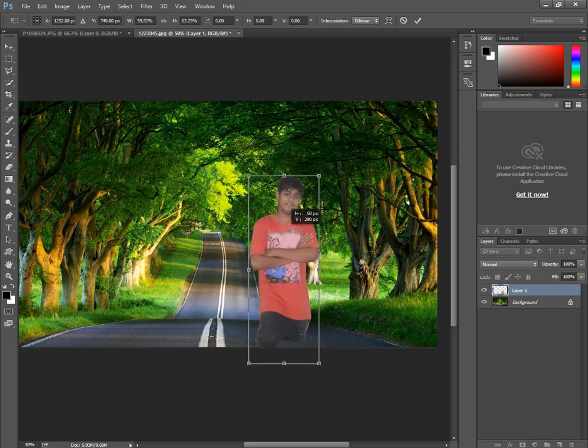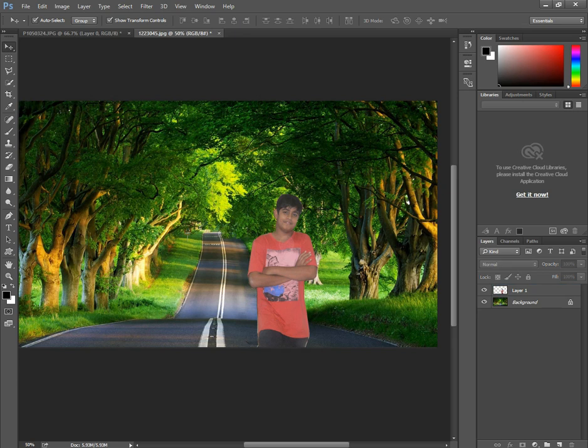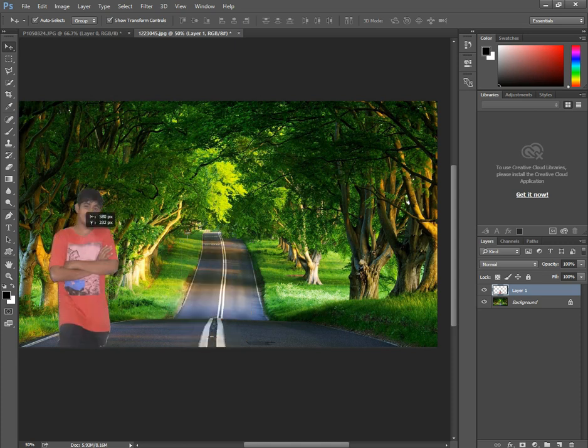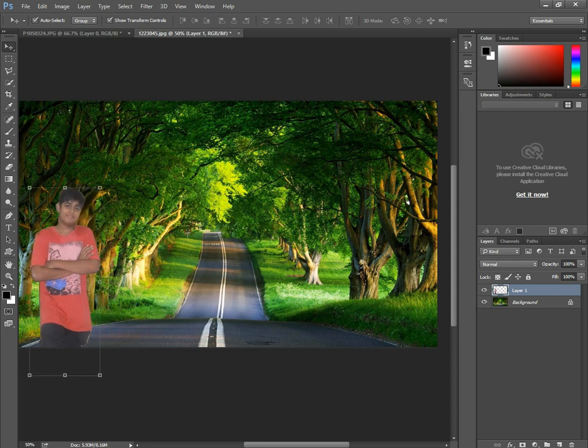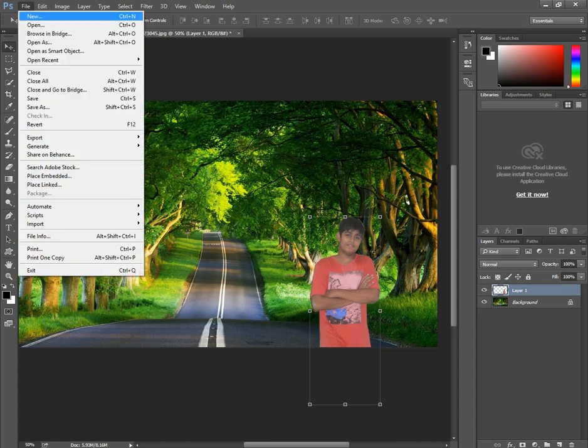According to your need, you can set the image like this. After setting, press the button. We will be setting it properly. You can set it according to your desire. Using this, you can move any image to any location and any video where you want to use this image. This is the way. After this you can save this image as a JPG file.